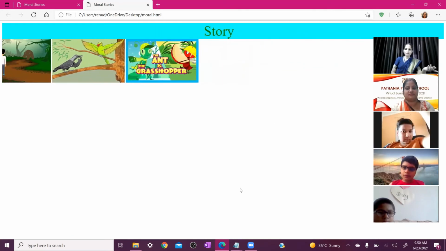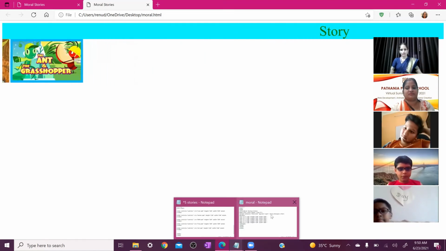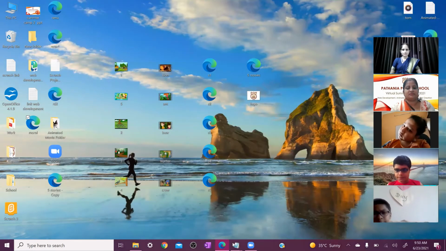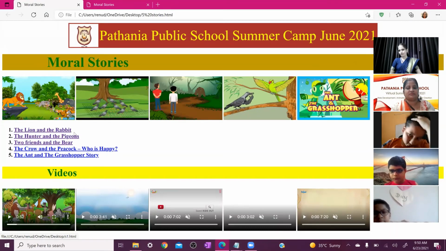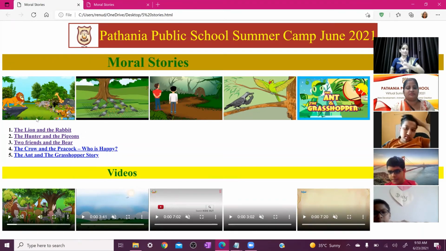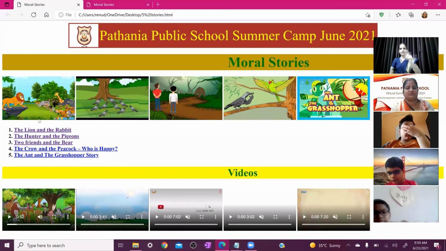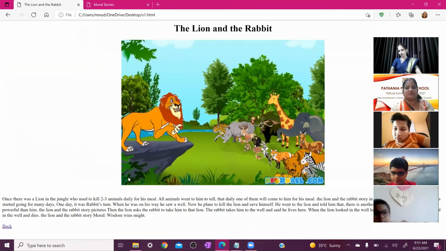So if you don't want it to move, you remove the marquee tag. If you want to rotate it, you can write down the marquee tag here. Okay. So now you can see here, a hyperlink is given for the complete story. Now I will tell you only one video, how to edit and one link, how to edit, because time is very less. You can see here on screen, when I click on the lion and the rabbit, our complete story is displayed here, complete image is here and complete story is here.